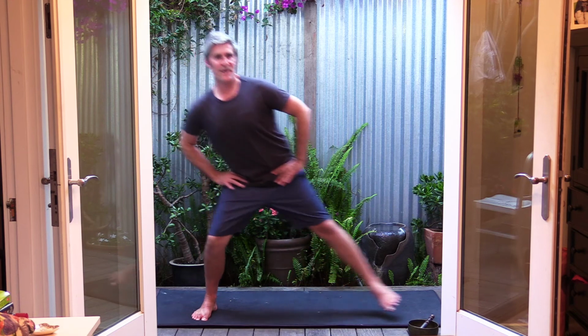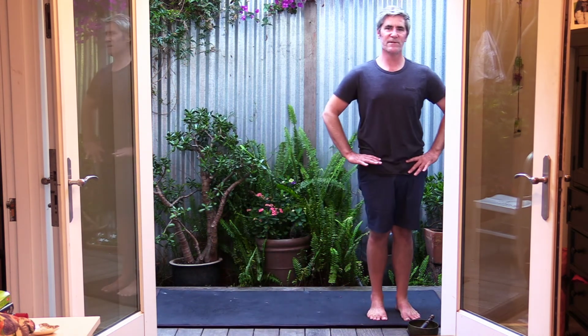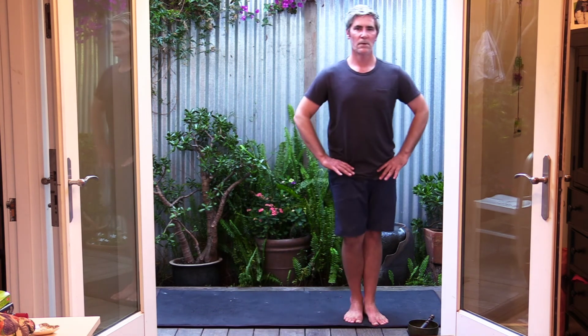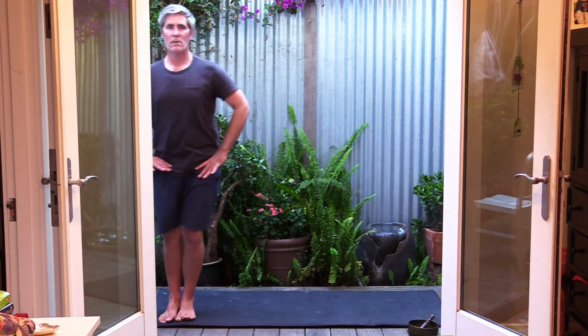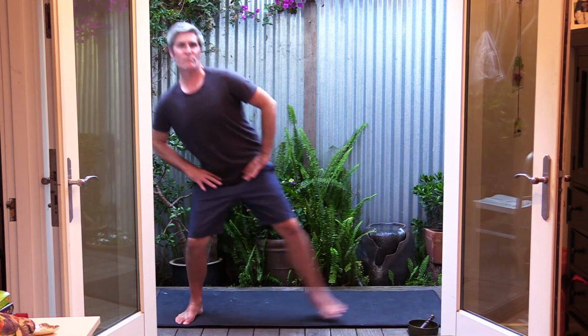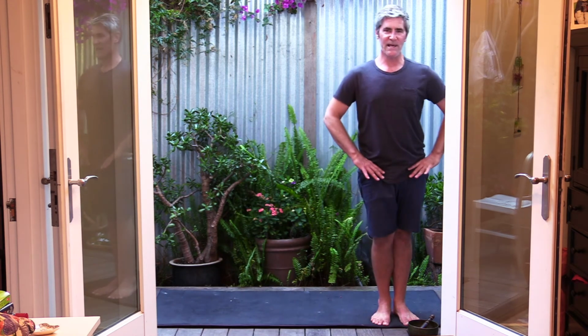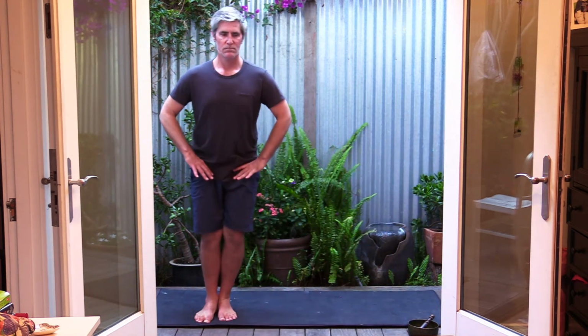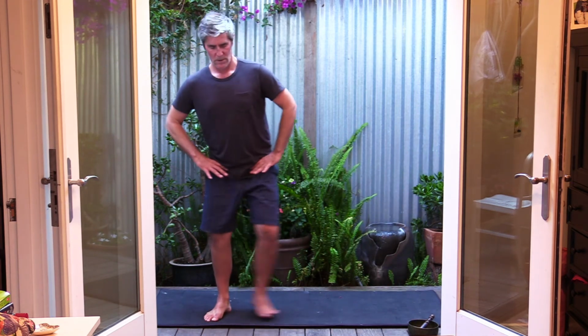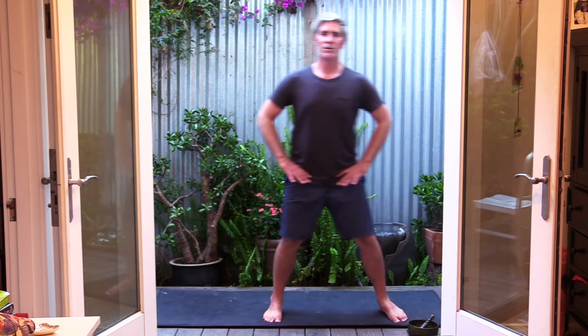Any amount of knee bend to just make this happen so it feels adept. Your steps can be small. Your steps can be big. Working that lateral capacity, moving sideways. Last one or two. Okay. When you come back to center,